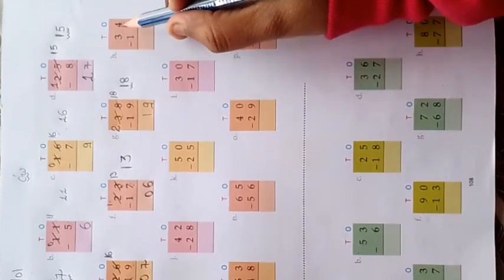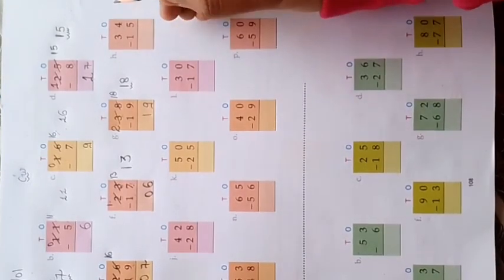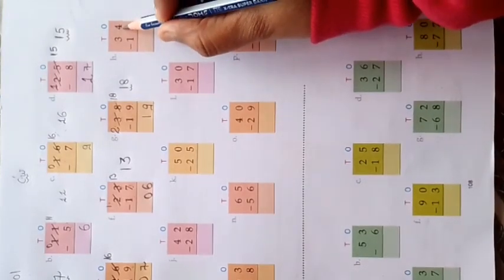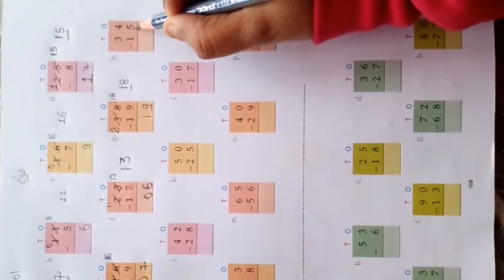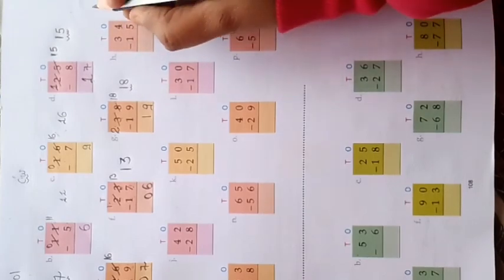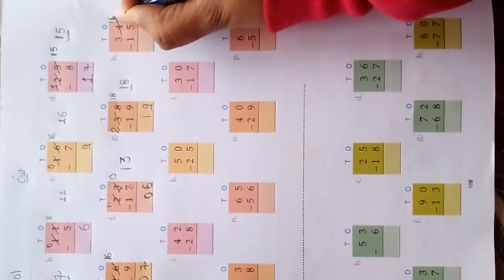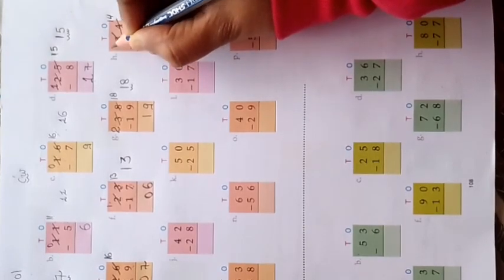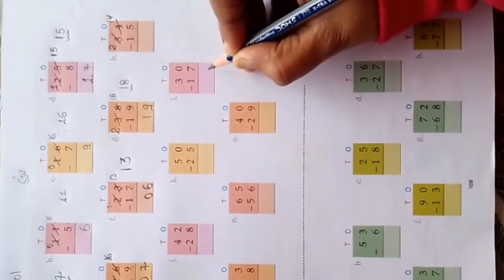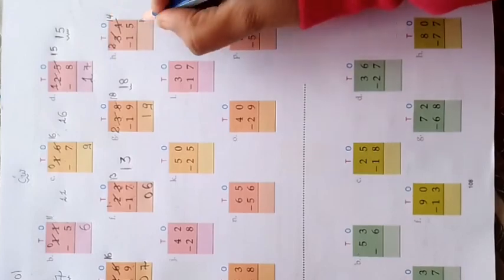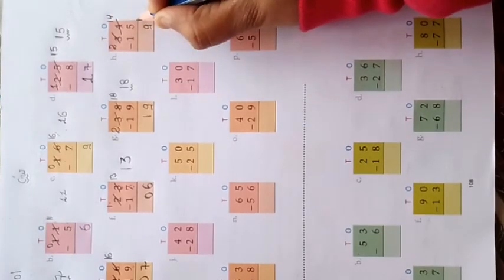Question number H is 34 minus 15. So first of all from the right side we have to solve. तो on the right side 4 is given. 4 में से 5 हमको subtract करना है. We can't do that, so we will take borrow. जब हमने borrow लिया, this 4 will become 14. And here 3 is given, but हमने 1 borrow ले लिया है, so 3 में से जब 1 borrow ले लिया तो यहाँ पे क्या रह जाएगा, 2 will remain here. Okay, now 14 minus 5 when you will do, you will get 9. 14 minus 5 is 9.